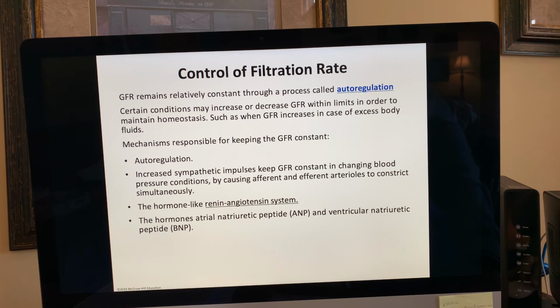Your body controls the glomerular filtration rate to keep it very, very stable at 125 milliliters per minute through a process called autoregulation. Autoregulation basically changes the diameters of the afferent and efferent arterioles to maintain the glomerular filtration rate at a constant amount. This is called autoregulation, and what it does is,